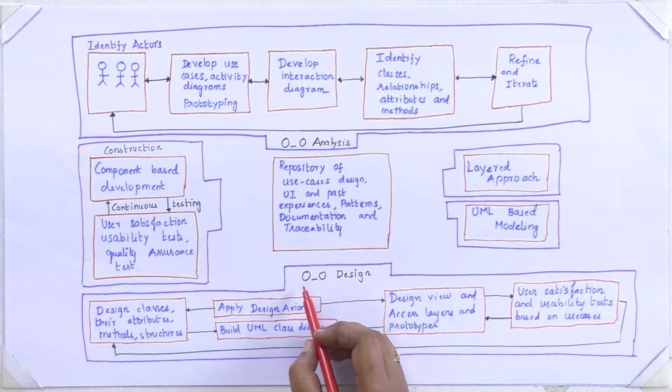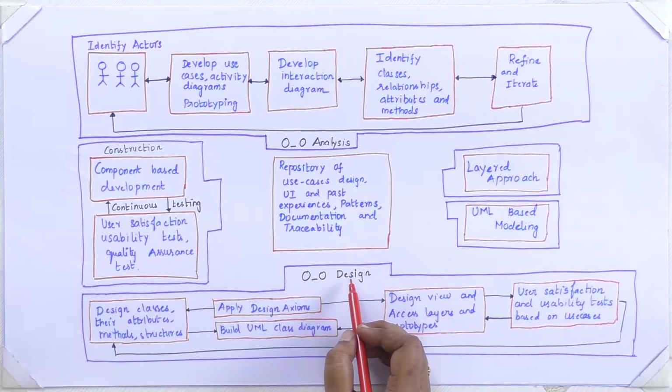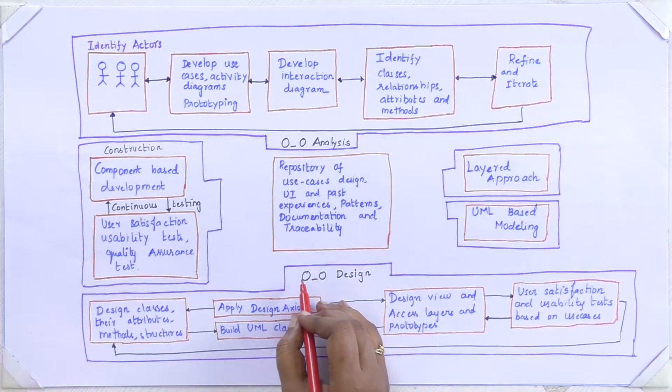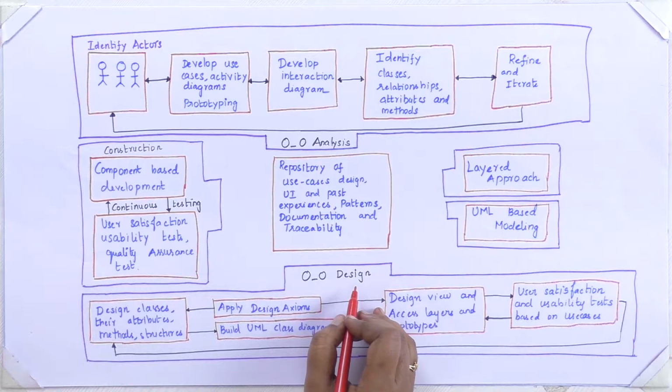Next, we will be moving on to the OOAD design part. In the OOAD design part, you will be combining the designing methods of all the 3 methodologies, Jacobson, Booch and Rumbaugh. So you will be taking Jacobson's analysis and interaction diagram, and then the object diagrams from Booch's methodology, and then the domain models of Rumbaugh's methodology. So you will be taking some diagrams from all the 3 methodologies